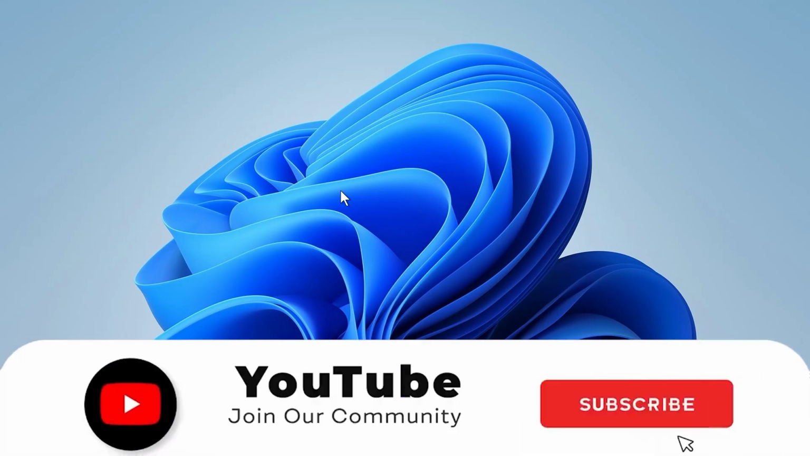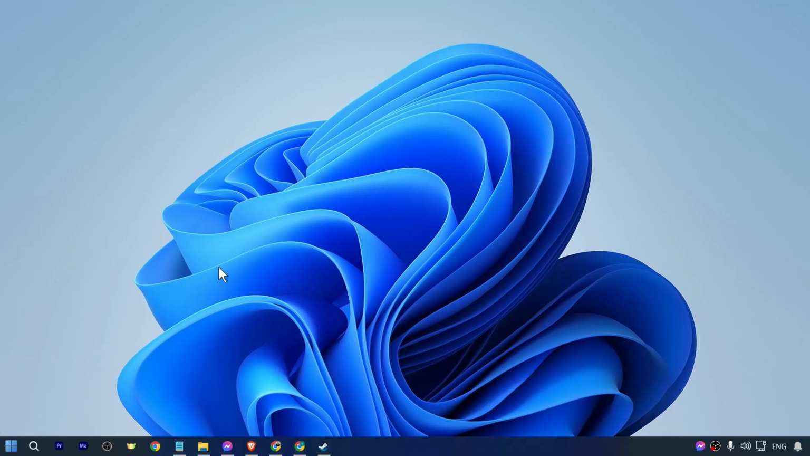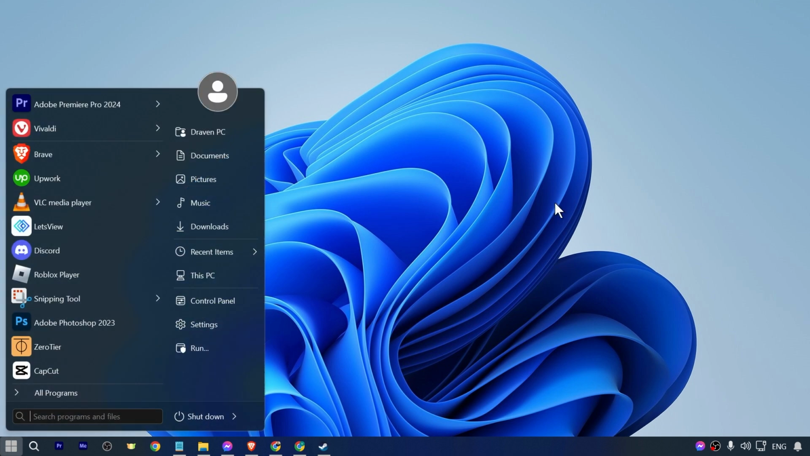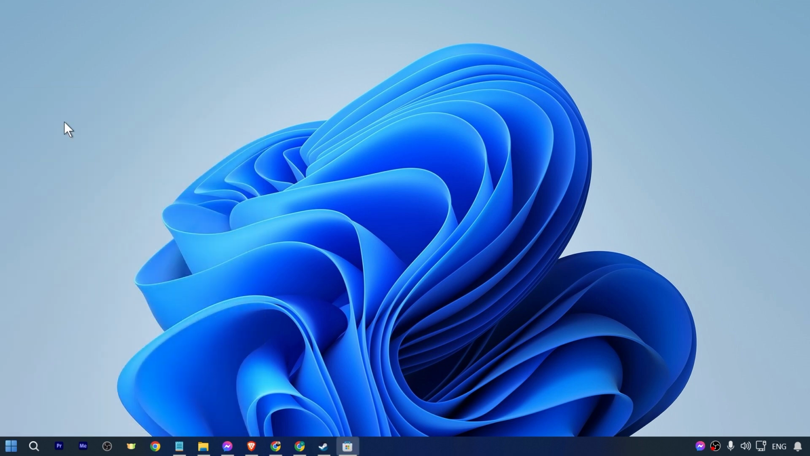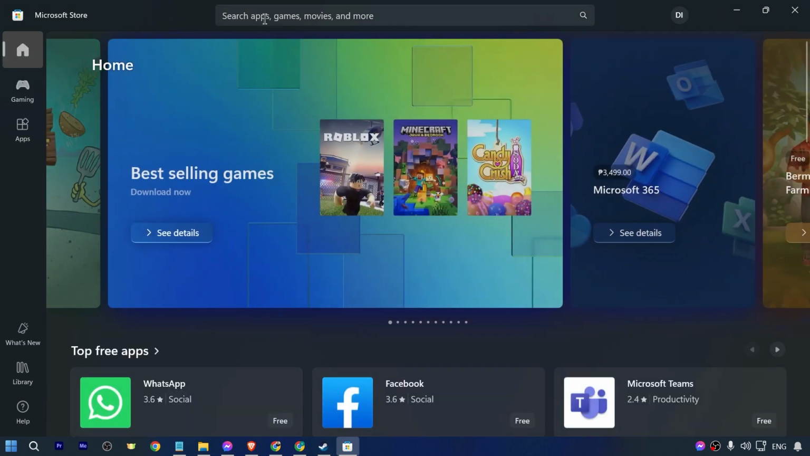How to download and install WhatsApp in laptop or PC. So for us to get this done, I want you to go ahead and click start, and then you're just going to go ahead and type store here in order for you to see Microsoft Store. Just go ahead and open it, and here in the search bar at the top, just go ahead and type